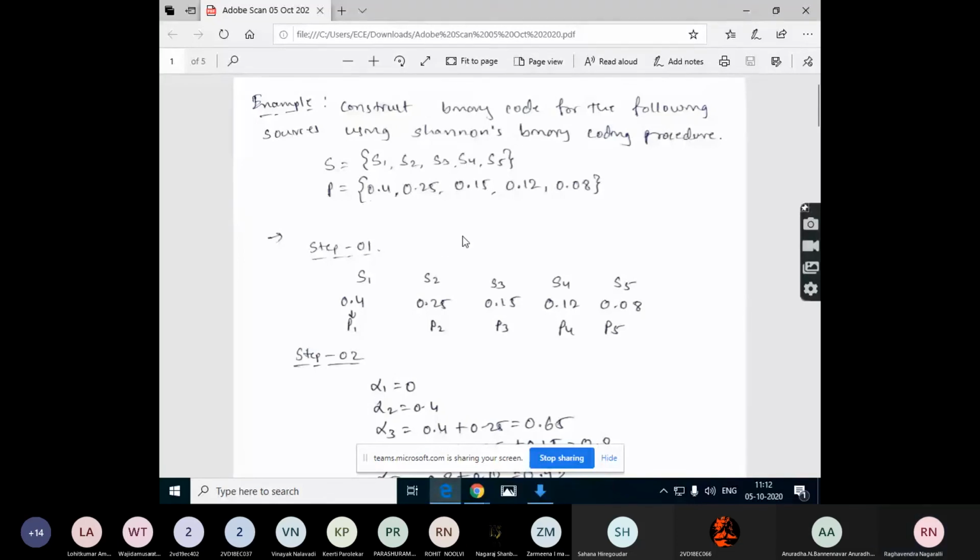In the previous class, we have already discussed and noted the steps in this encoding procedure. There are 5 steps in this procedure. So what is the first step? I have told you to note down the steps because every time we need to follow those same steps. What is the first step?